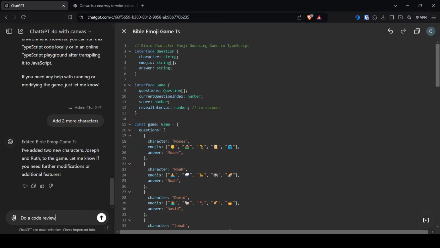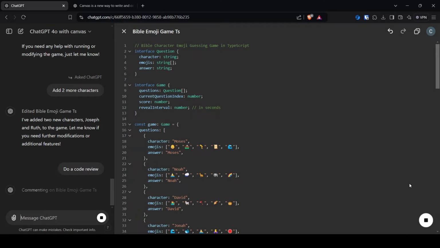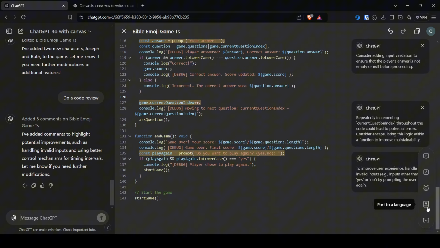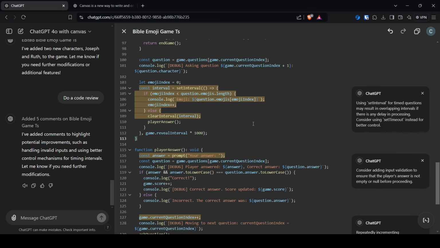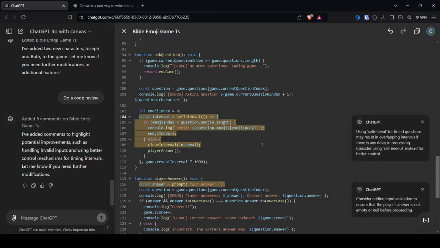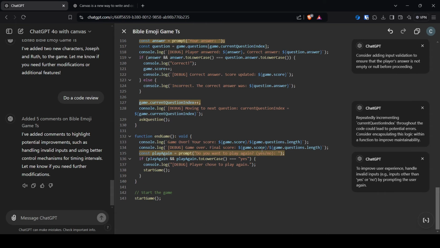Let's say do a code review. It's the same as selecting code review from the shortcut menu. There you go. Okay, this is exciting. I am sure there's a lot of people who are going to be happy. I'm happy with this, especially with the writing, perhaps, but for coding, maybe it's not that good for me currently.